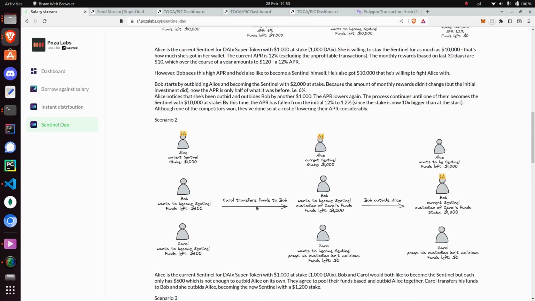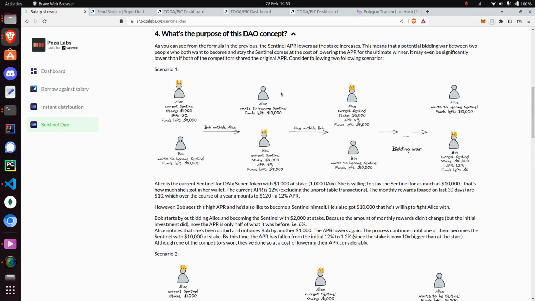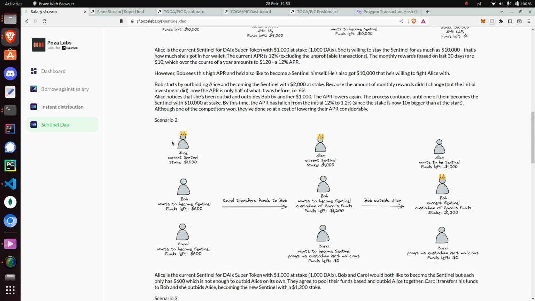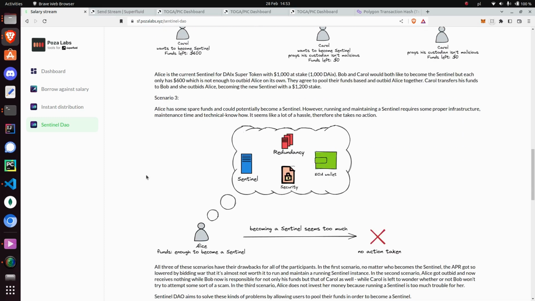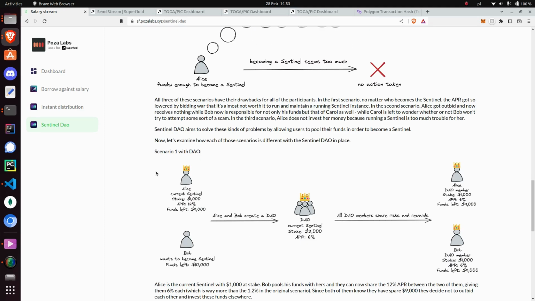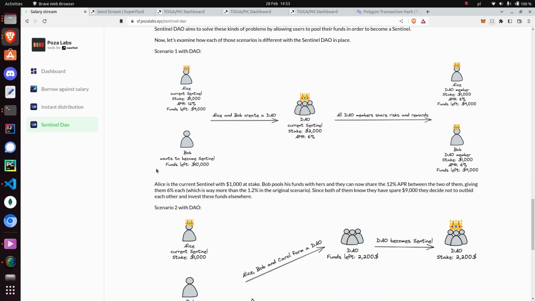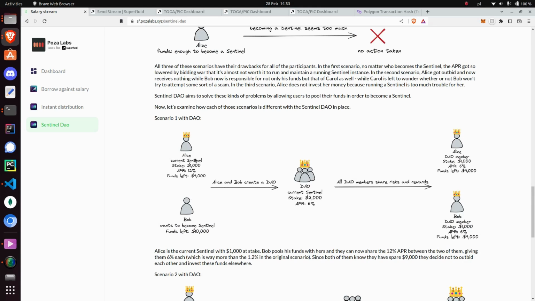So now let's keep in mind all those three scenarios, how they look in the current setup without a DAO possibility. And now let's take a look at how they would change once we have a DAO in place. So first of all, if you have two people and both of them want to become a Sentinel really badly, what they could do is talk to each other and agree, hey, we could either go into a bidding war and outbid ourselves up until a point where the APR drops to such a low level that it's not even worth